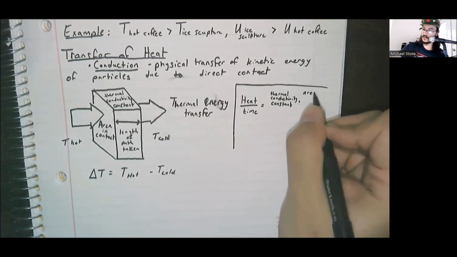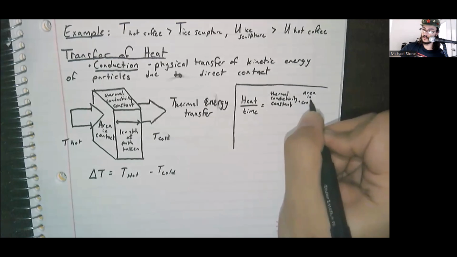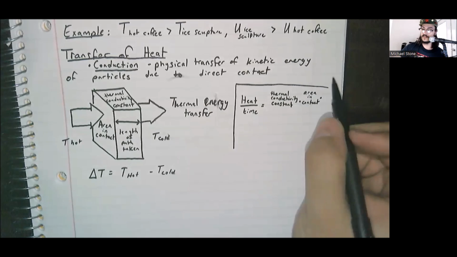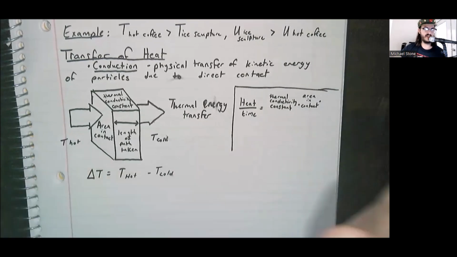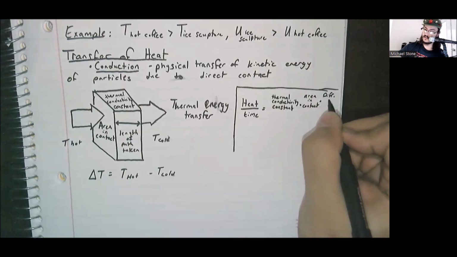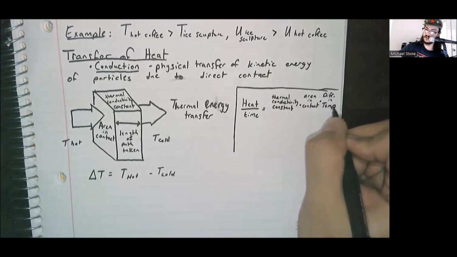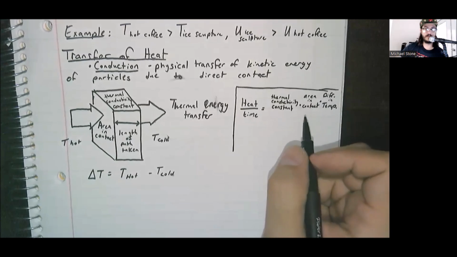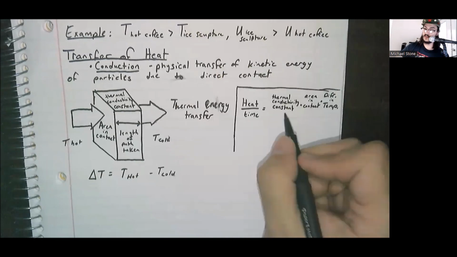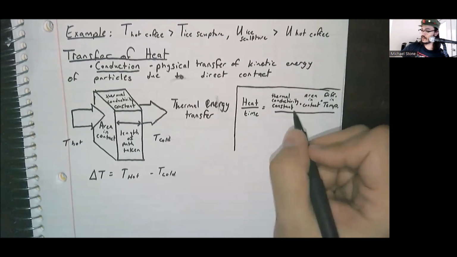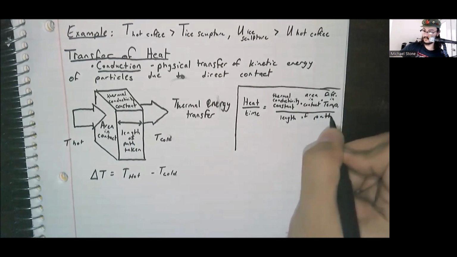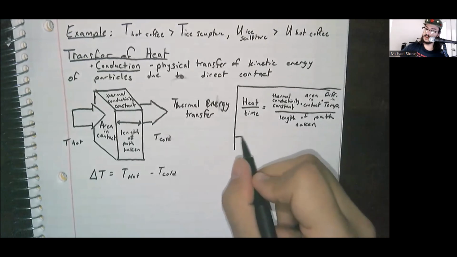Area in contact, we established, would also be directly proportional. And if you have a bigger difference in temperature, your particles hit harder and transfer more energy at once. So your difference in temperature is also directly proportional. But the longer the path, the longer it takes to get through. So we would imagine that the length of path taken is inversely proportional. And we end up with